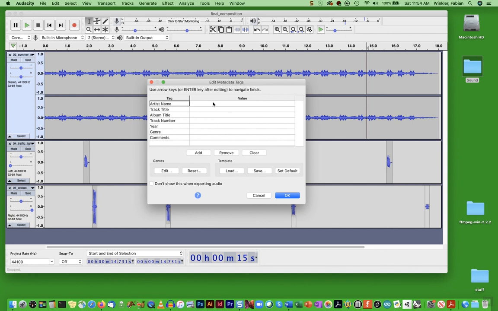Hit save, and then you can type in your artist name. This is in fact the meta information that I'm talking about in the assignment description. So please tag your files. It will be really quite fun when you for the first time put your MP3 file on your own iPod or your own MP3 player, and you see your own song title and your own artist name scrolling through the display. So I would just type in my name,